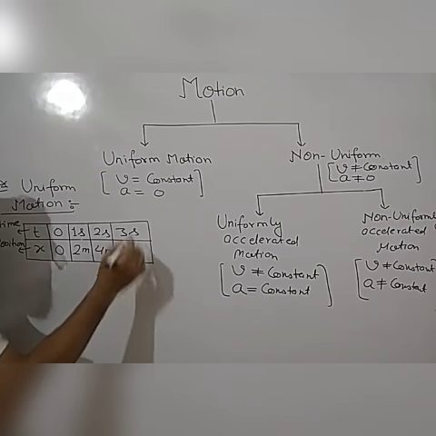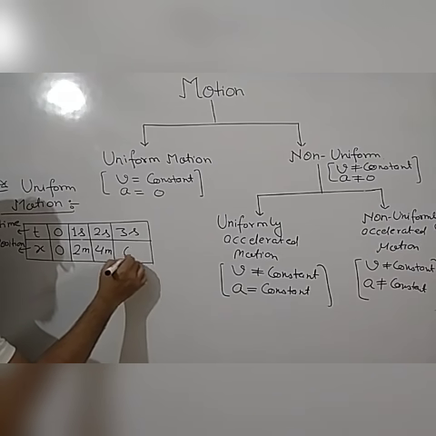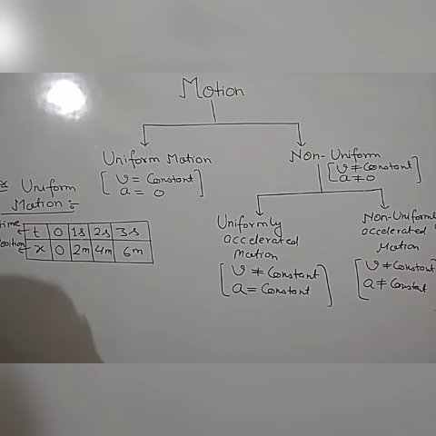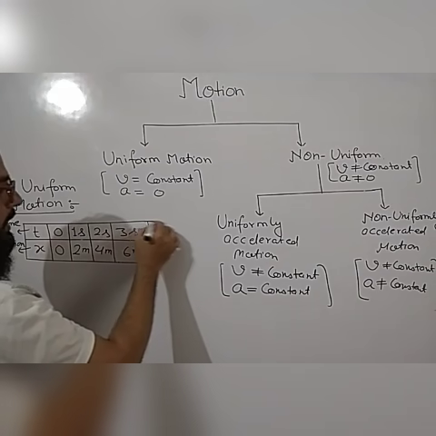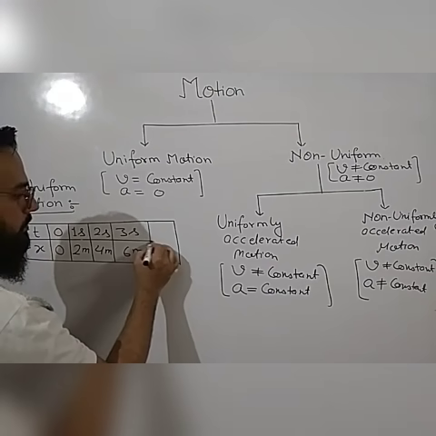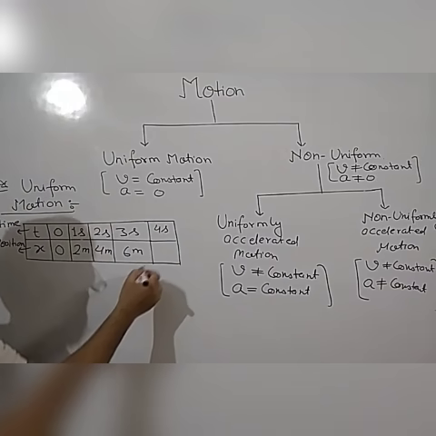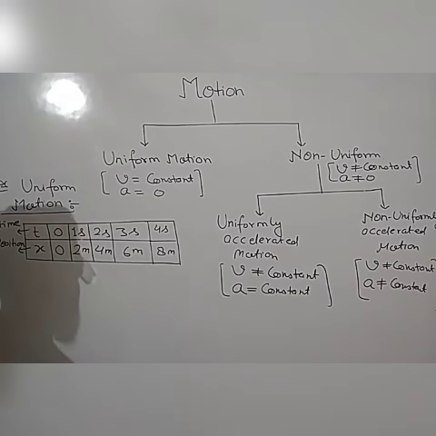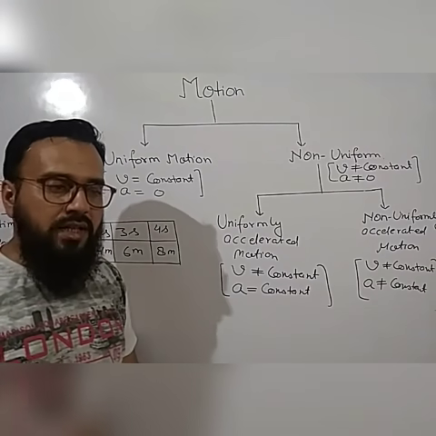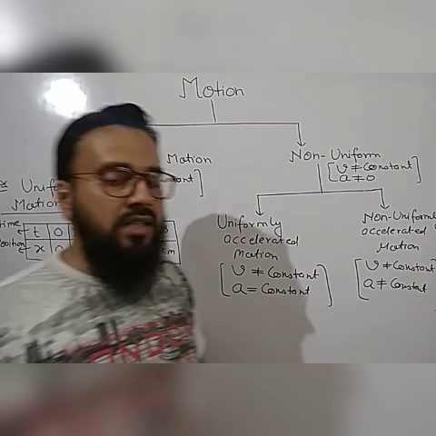Suppose after 3 seconds, your position is 6 meter from the origin. After 4 seconds, your position is 8 meter. Now what is happening here? In every second, the position is changing by 2 meter. Okay, so in such a condition, when a body travels or moves in such a way that